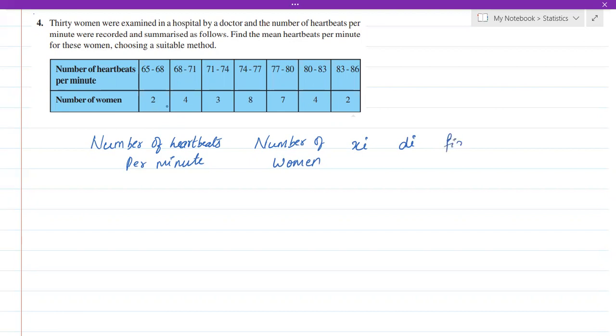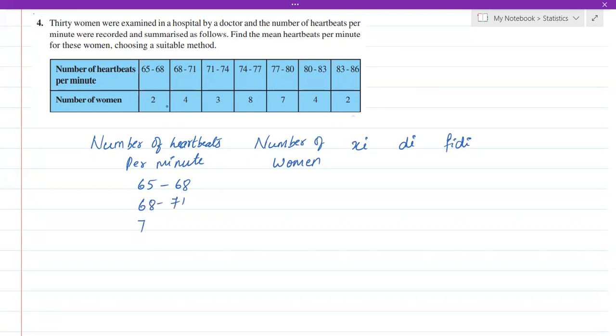So fi di. Okay, so the first one is 65 to 68, then we have 68 to 71,